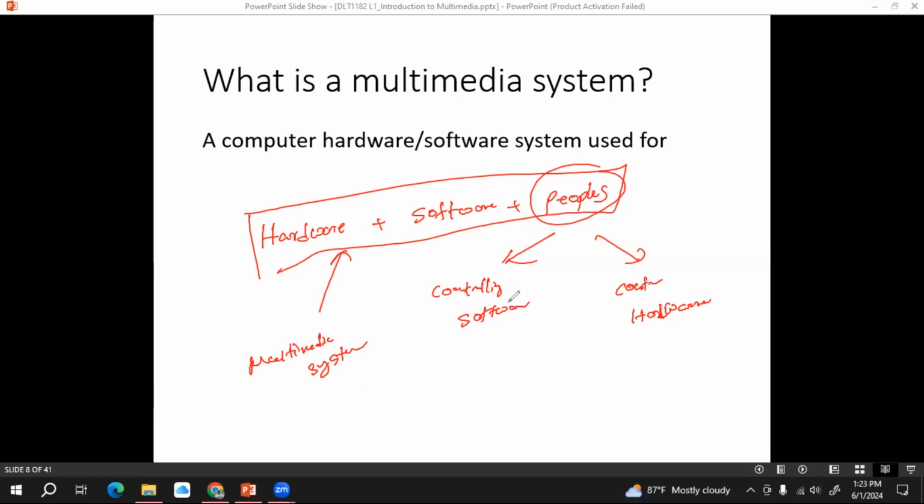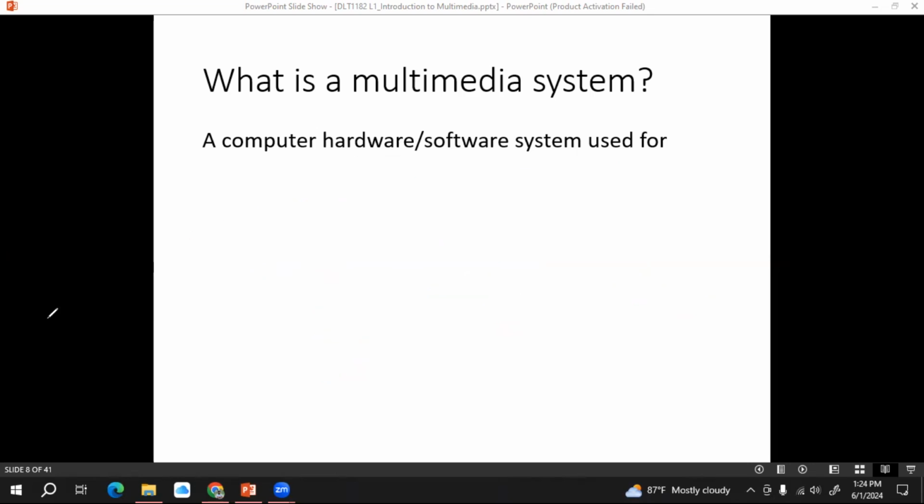Then people, we can divide into two categories: the people who are controlling software and those controlling hardware. We can take all of these components together as a single unit. We call it a multimedia system, right? Okay.